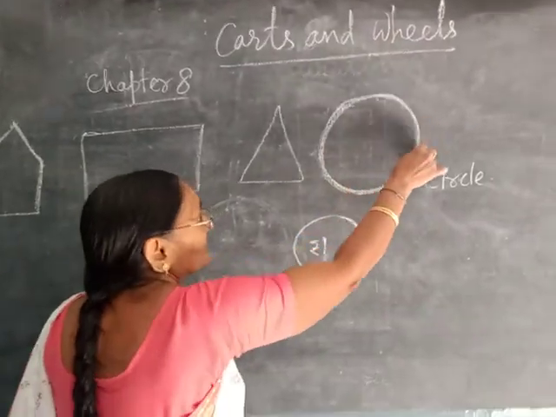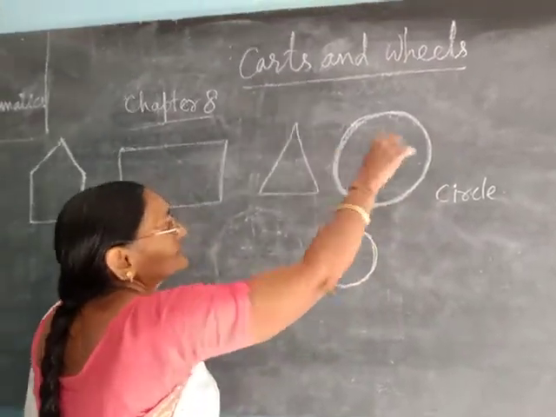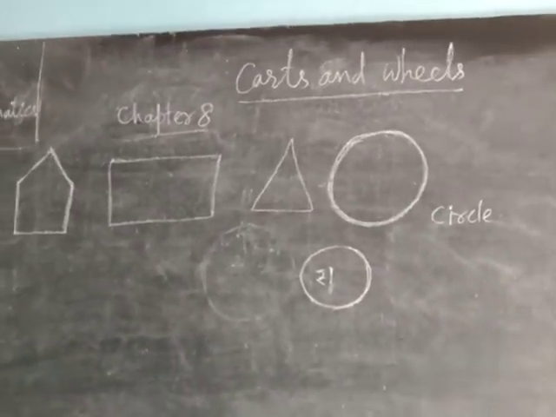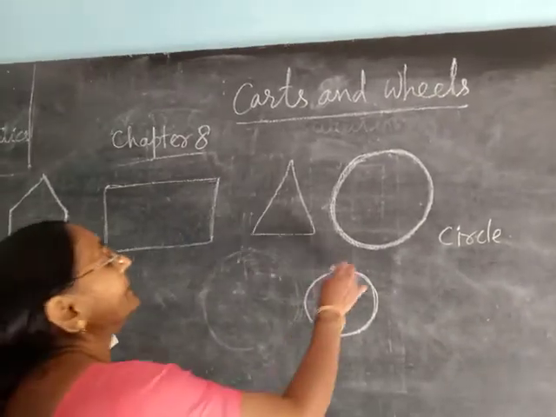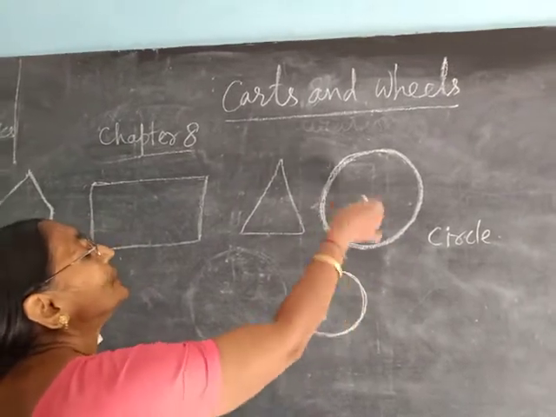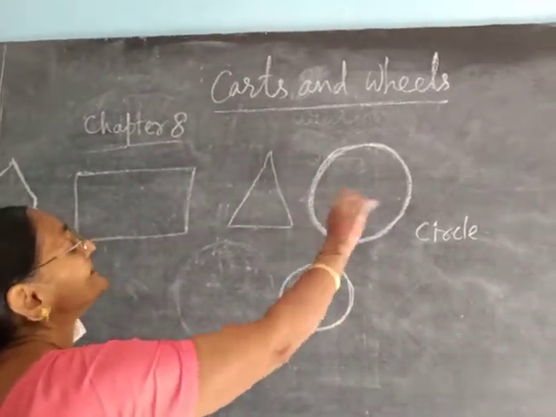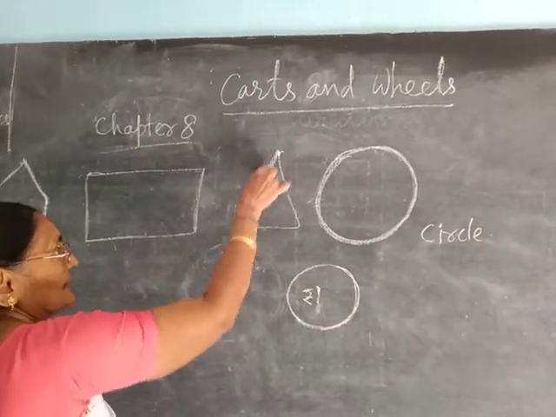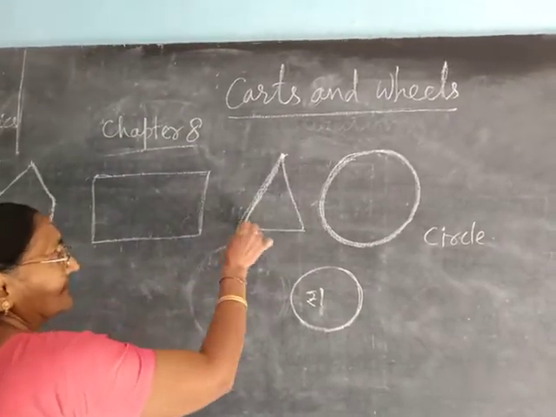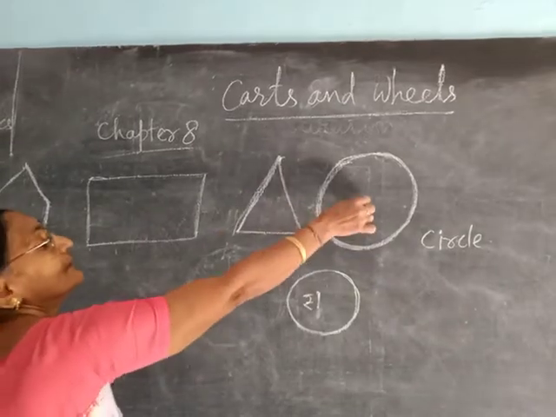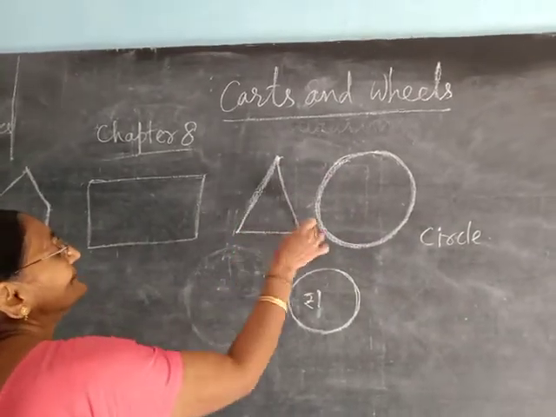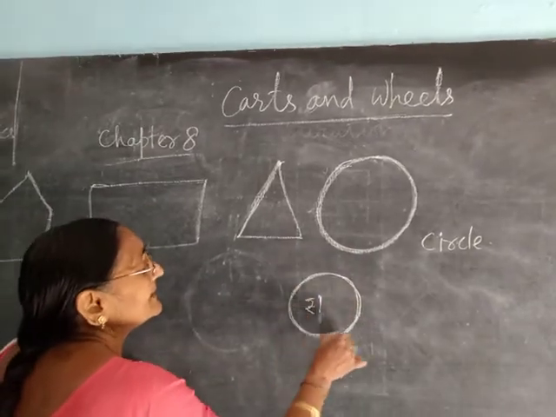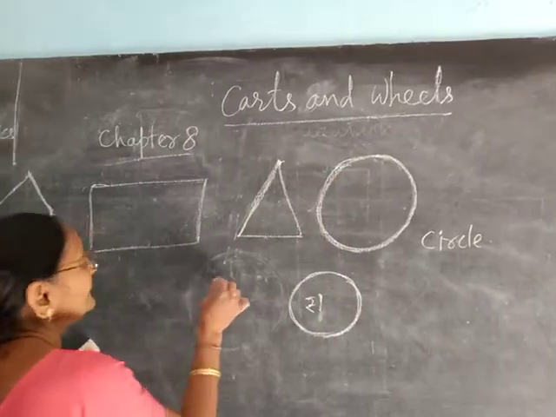It is closed with a curved line. It has no line segments. Then it has no line segment and no curve. Edges, you know, this is an edge, this side mid, this is a vertex. Here no vertex and no edges are there. So examples are this rupee coin and wheel.